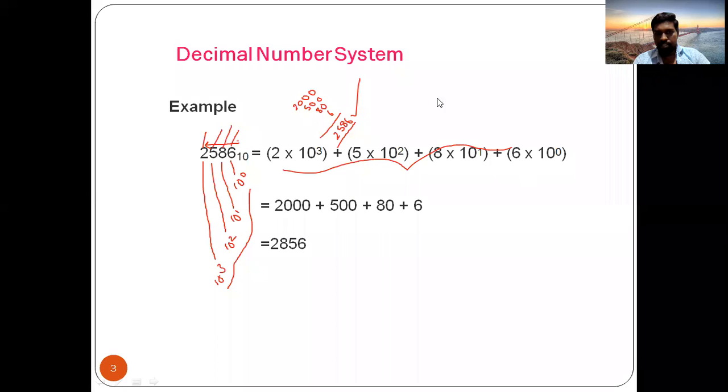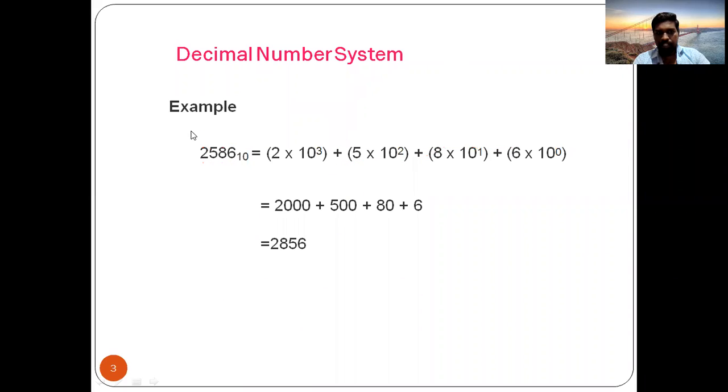Please verify that as it is a decimal number, the base value is 10, and every digit is multiplied with a scaling factor in the form of the base value. The scaling factor will be base value power n. The base value is 10 in the decimal number system, so it is 10 power n. Here n starts with 0 and so on, and it can end with infinity depending on the number.